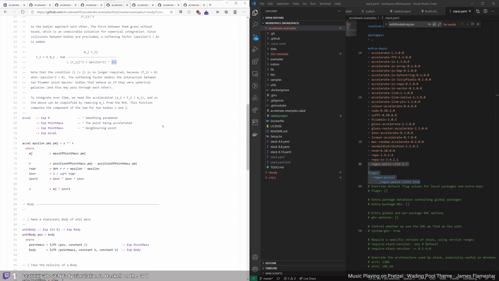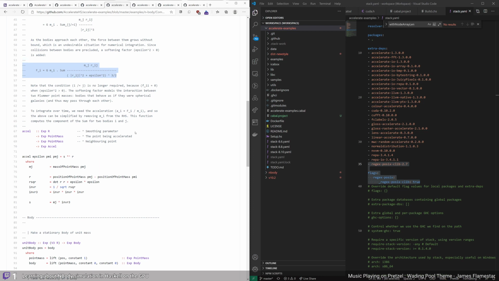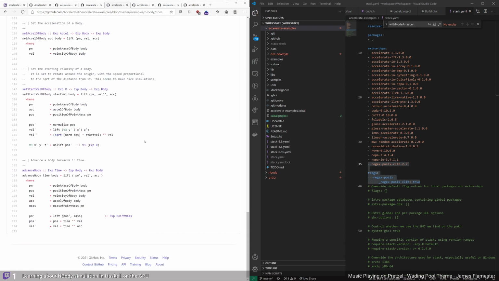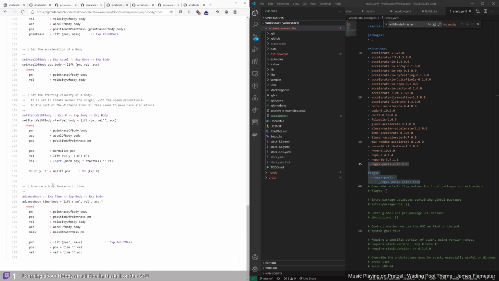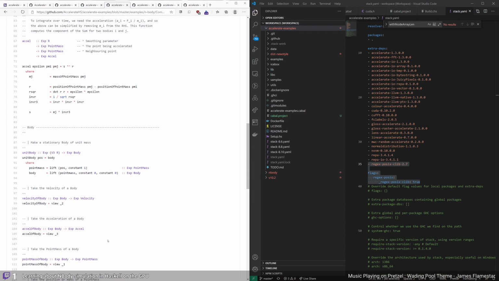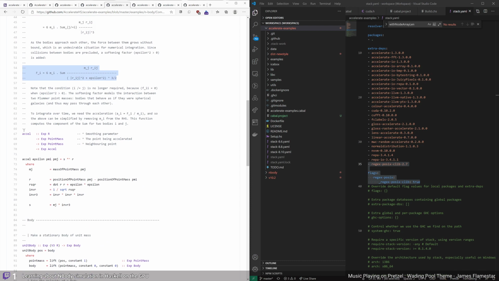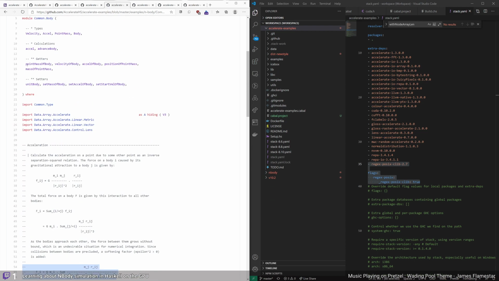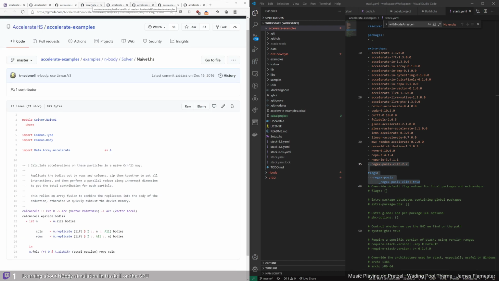Okay, fine. So that's the final equation, and then it's modeled. Well, that's a little bit unfortunate, but so advance body ends up being, okay, acceleration, which is the same as the force, with the smoothing parameter epsilon, point mass, which is a vector position, plus a vector of velocities, I believe. I think we had